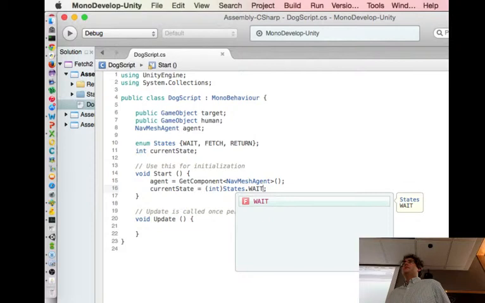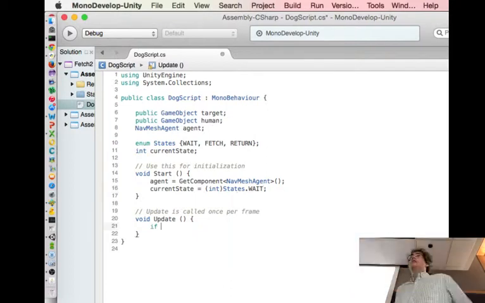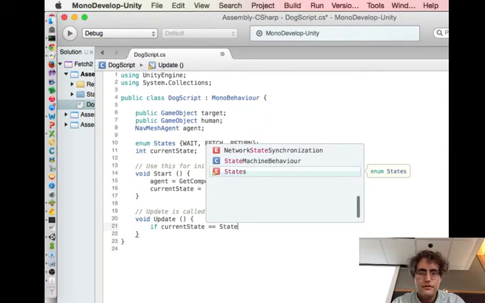Okay, so now in my update function, I can set up a lot of if statements. The way I want to capture these transitions, I want to say, hey, if I'm in the wait state and my transition condition is true, change myself around, do something new, take myself to my new state. That's what we're going to start capturing here. So it's going to have this idea of if current state is equal to states.wait,